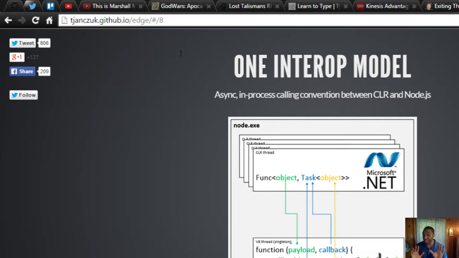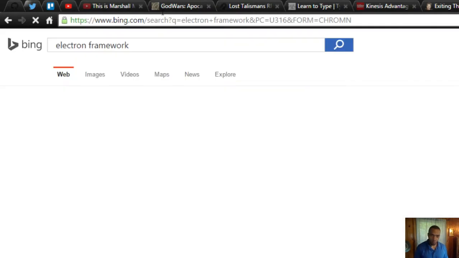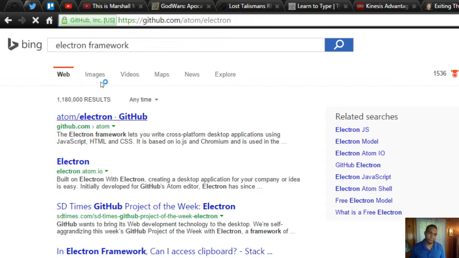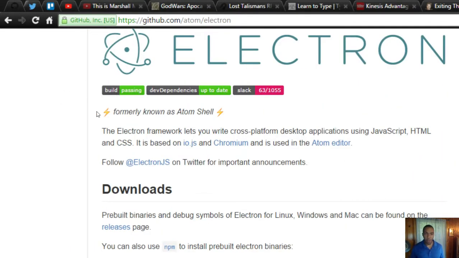So this by itself would be neat, but then you take out the Electron framework. So the Electron framework is what Atom.io, the GitHub editor, and Visual Studio Code are built on top of.